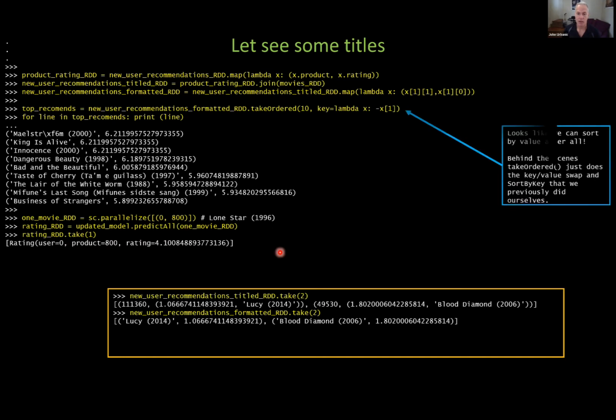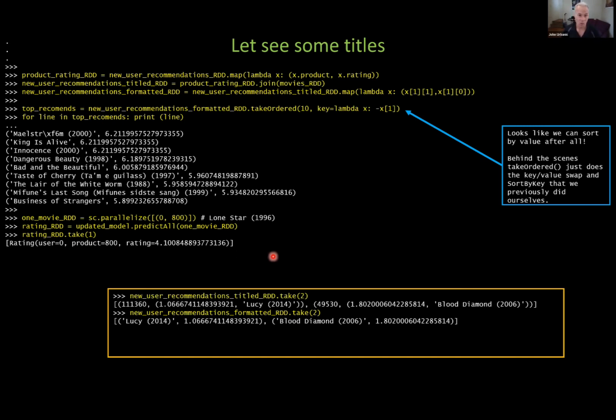And by the way, yesterday I said we always want to sort by keys, but some of you may have uncovered the sort by value ability, and yeah, you can do that. And so it's hidden in there. And if you look at the actual code behind it in Spark, it actually sorts by keys, then flips the key value pair back, just like we did ourselves yesterday. But that's what we're doing here. So anyway, we now have ourselves a working recommendation system, and it predicts movies.